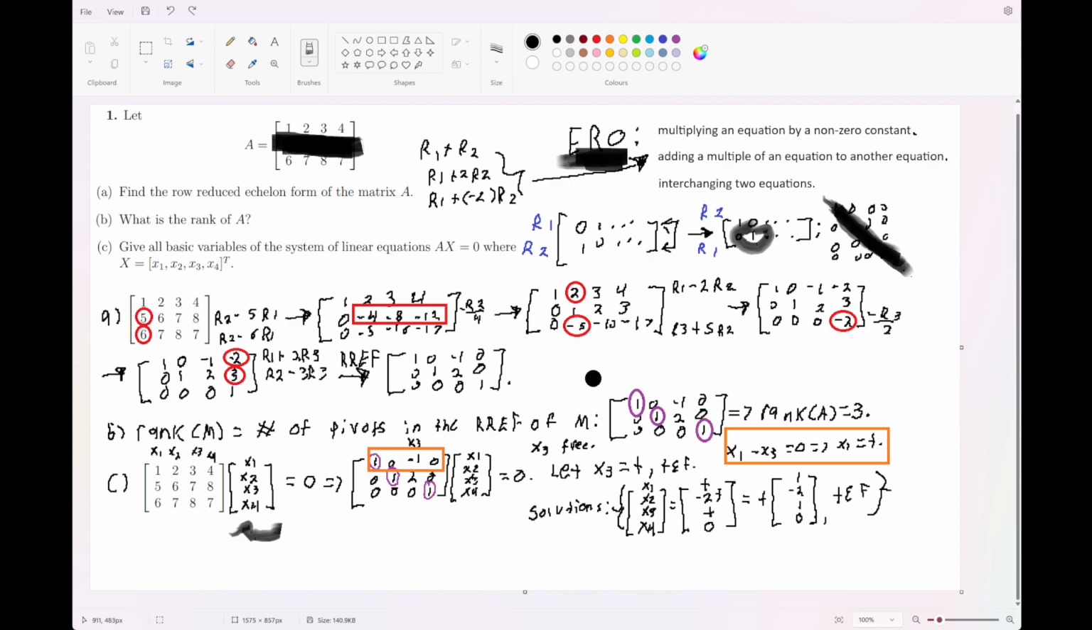Since it asks for basic variables, I just went beyond that. You don't have to do what I just did. This is the full solutions. You can just give the variables that have the solutions, right? So,